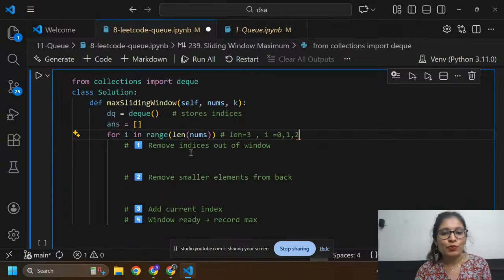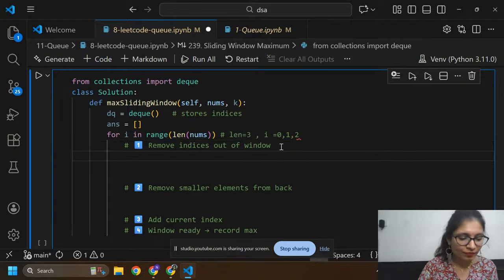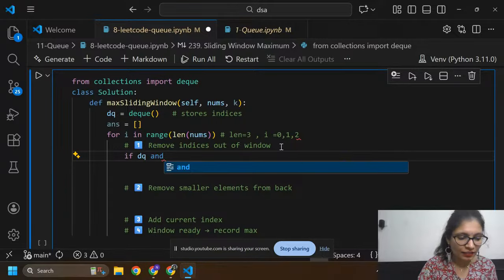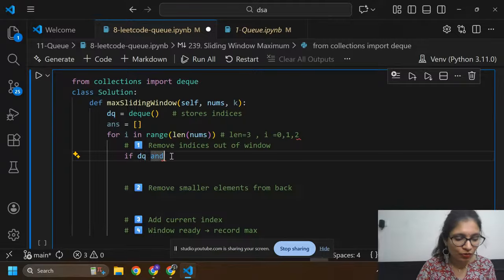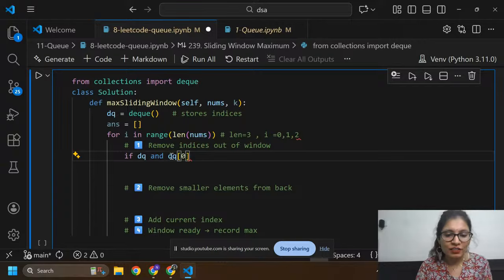After this, remove the indices that are out of the window. So here I'm going to write: if dq and dq[0]. What do we have at index 0?